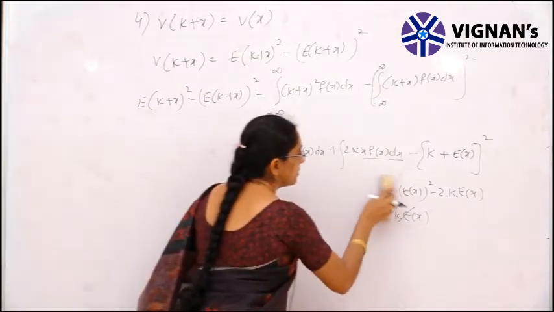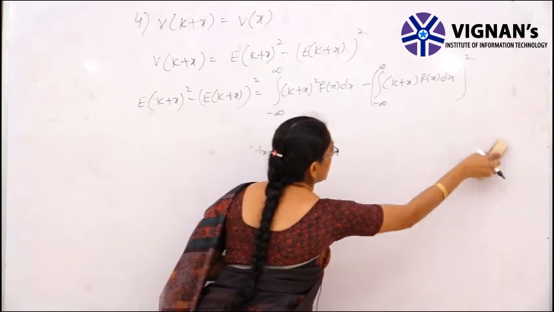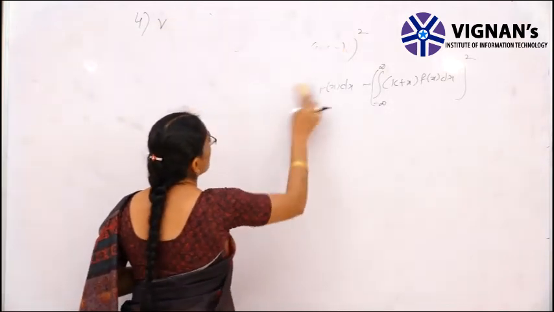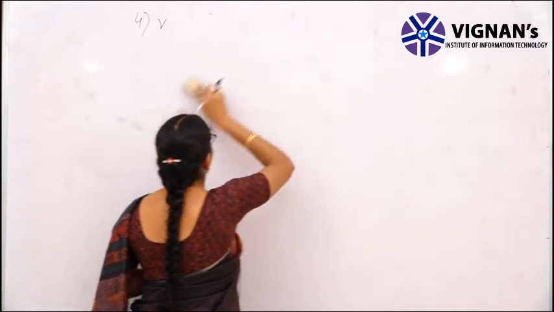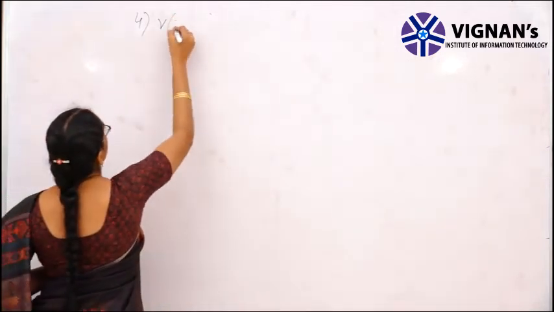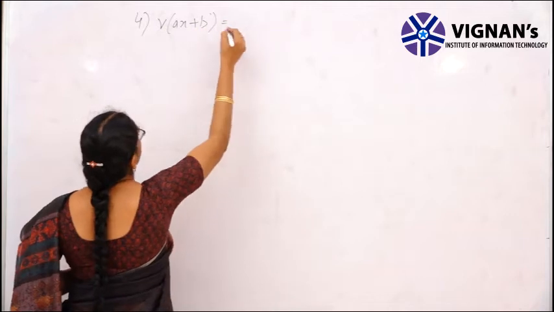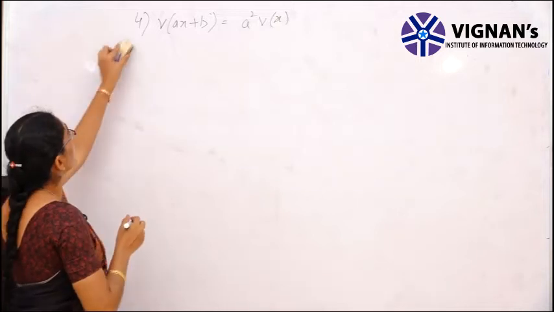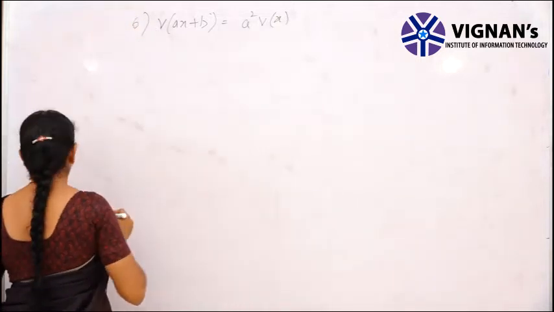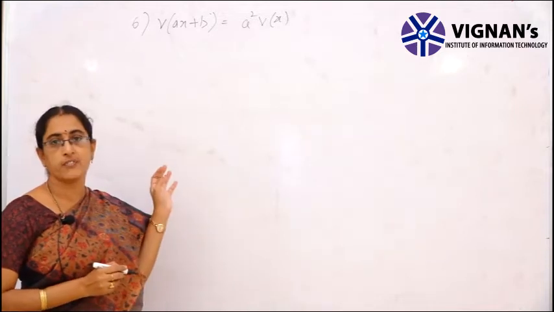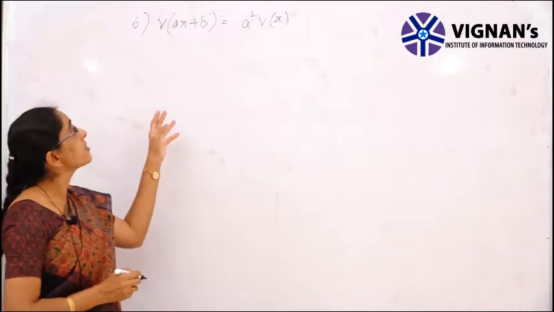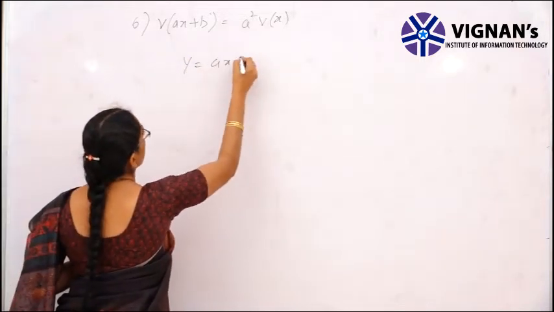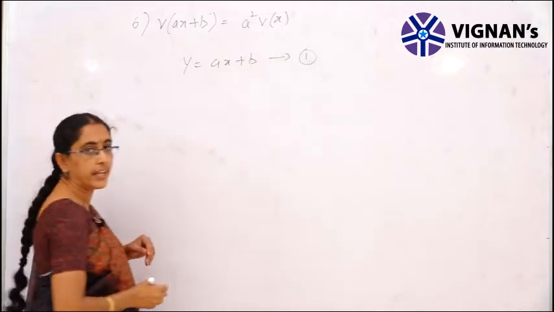Now just like the constants a and b with the expectation, here we consider the constants a and b with variance. If a and b are any two constants on the random variable x, then variance of ax plus b is equal to a square into variance of x. That means we are combining the proofs of 4 and 5. Variance of kx is k square into variance of x, and variance of x plus k is variance of x. So if you consider ax plus b as some y, and let it be our equation 1,